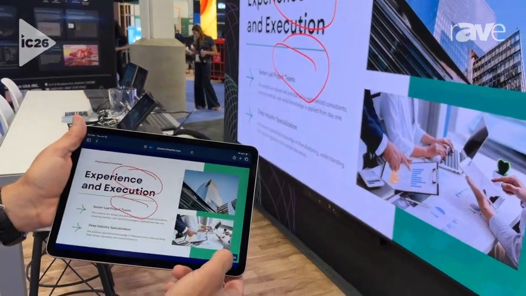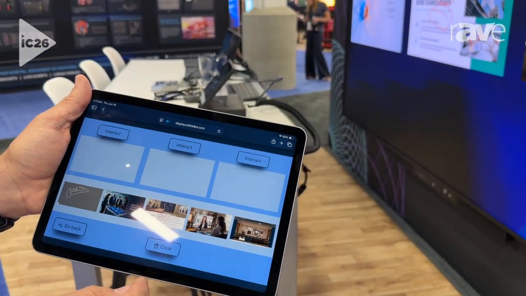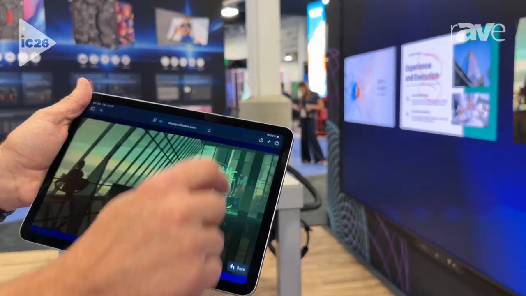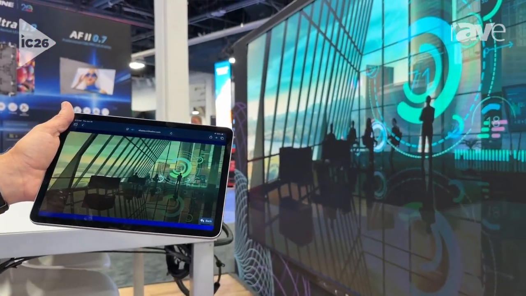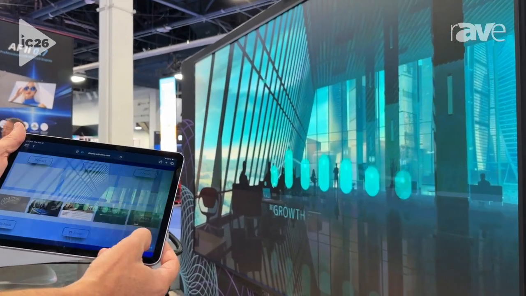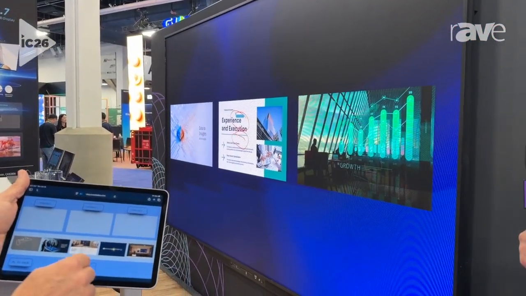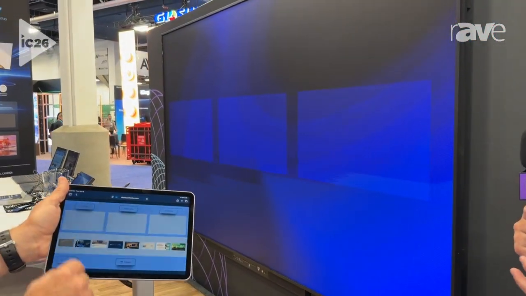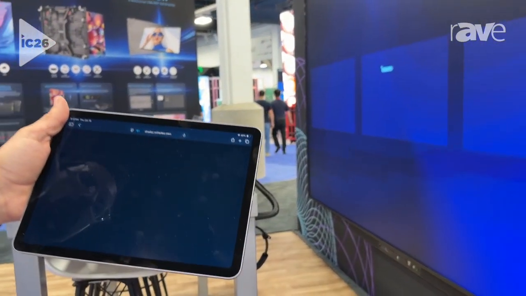Now again, this could be done not only in room, but also completely hybrid, where folks that are not in the room would be able to interact exactly like Josh is from the iPad or from any web or browser-enabled device. So now Josh is going to go into the next episode, and so it's a second template, and so